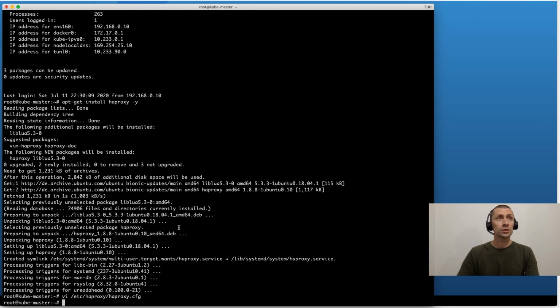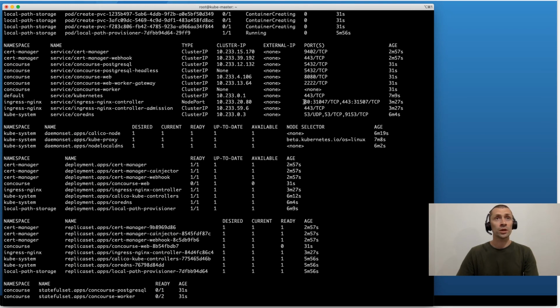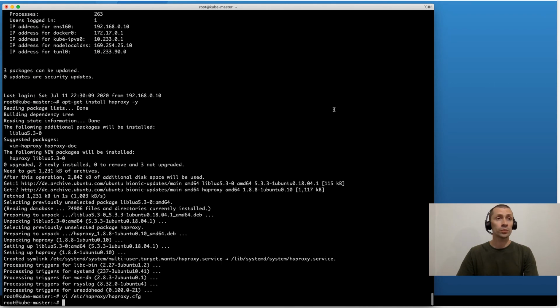Let's store this, and if we scroll up, you will see this data. I got it from this list, from this line. So as you can see, you will have different TCP ports because these are random ports. And don't forget to restart the HA proxy.